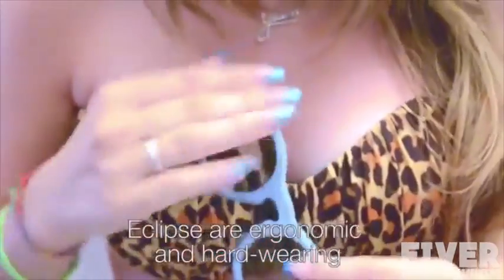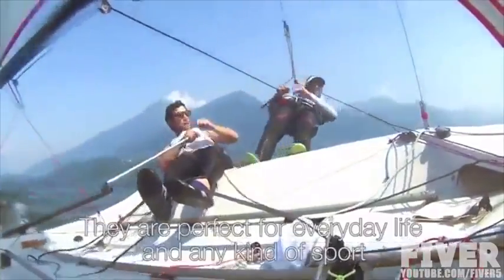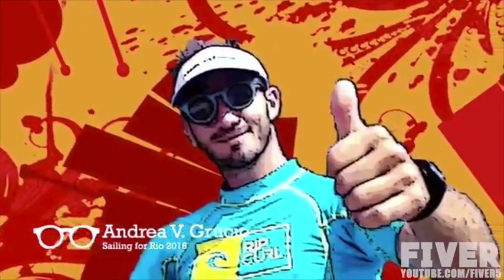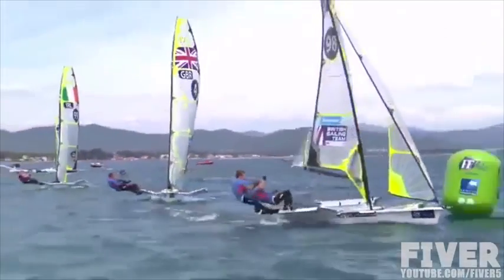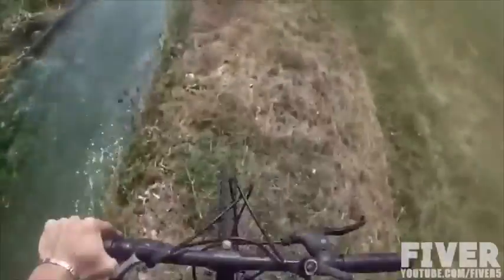Eclipse are ergonomic and hard-wearing. They can be worn in any occasion. They are perfect for everyday life and any kind of sport. Eclipse is a made in...